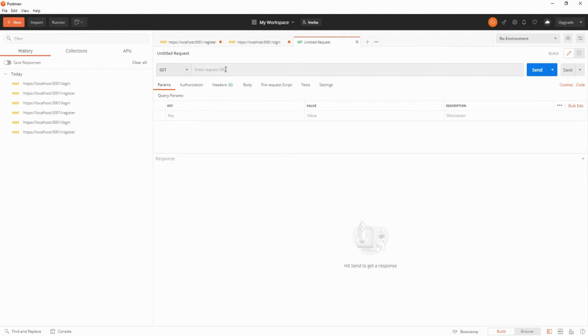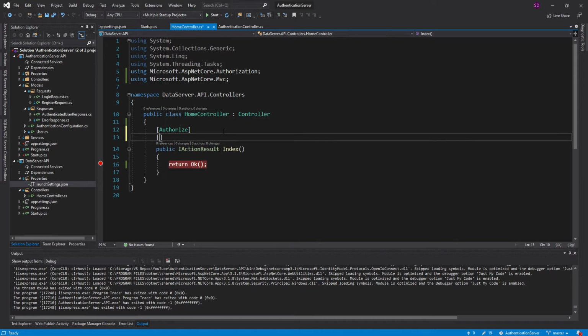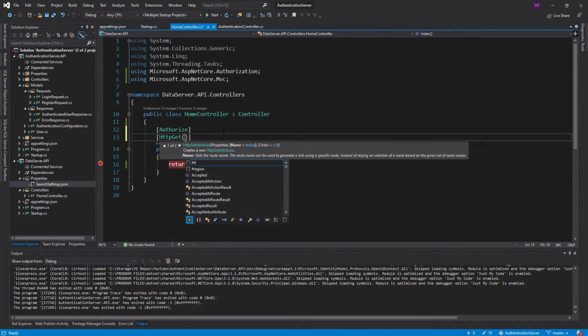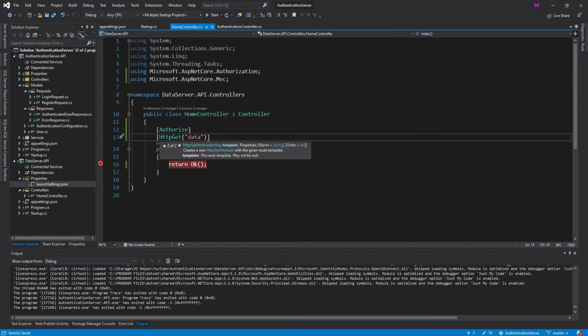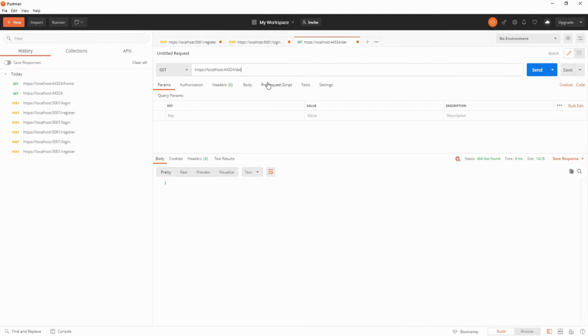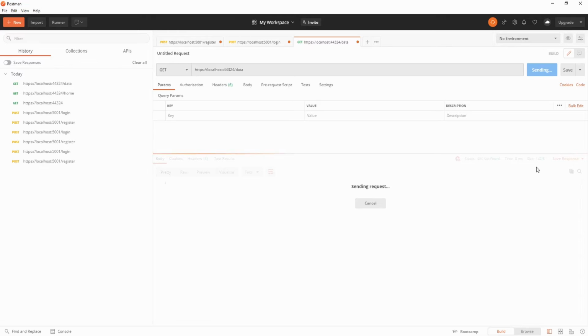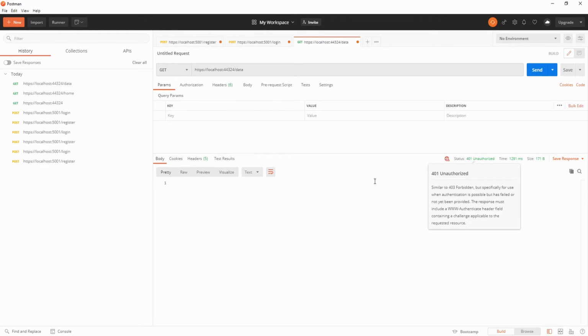server. So this is going to be a GET request, and we'll put in our server address, which I believe is localhost, I'm going to have to check, 44324, and if we send that, we get not found. So I forgot to map this route, so this needs to be an HTTP GET, and we'll just make this the data route. Let's try this again. There we go, make this data, send that request, and there we go, we get unauthorized because we didn't provide